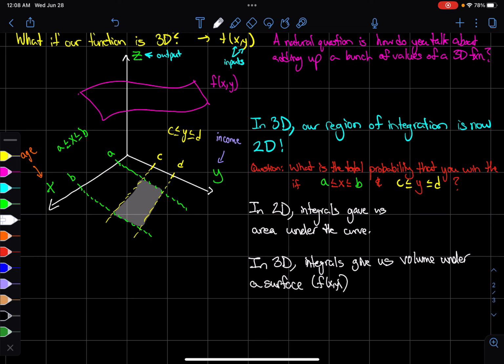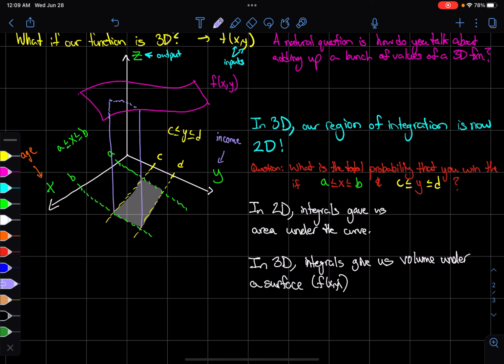Well, just like in Calc 2, there's going to be limits and stuff, but the goal of this video is not to cover that. That will be in the next video. The goal of this video is to just talk about how you might approach doing this using Riemann sums. And the Riemann sums operates in a very similar way, right? If I wanted to calculate the volume of this object, right? So the volume,